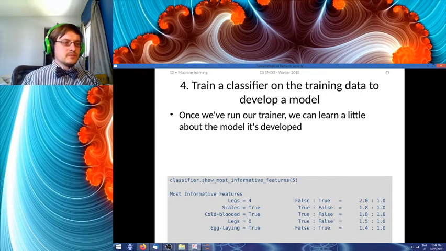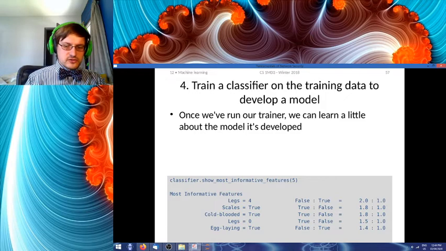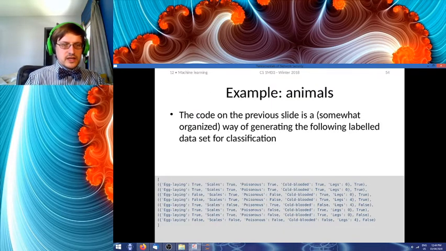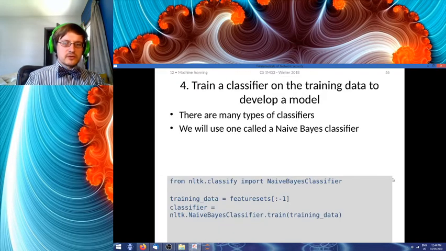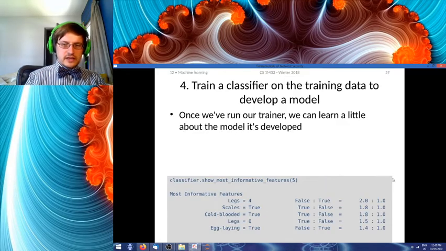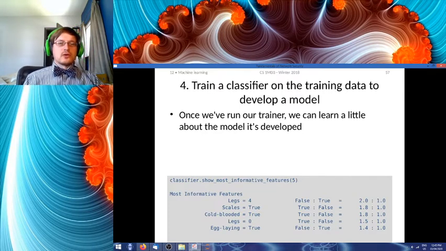When it says features, it means features with respect to our feature vector. Since we have 5 features in our data, this is all of the features in order of how informative they are.